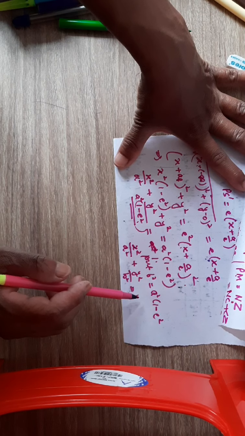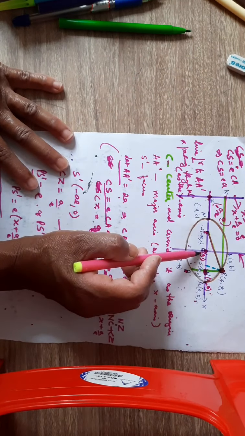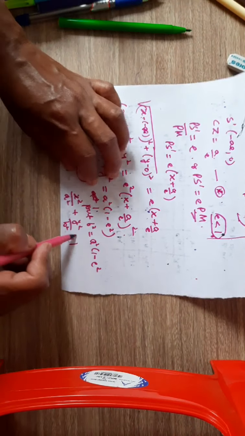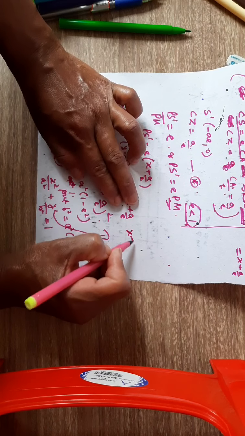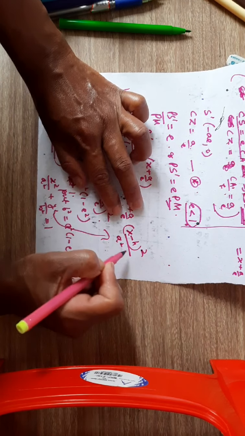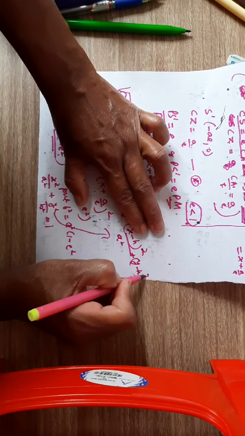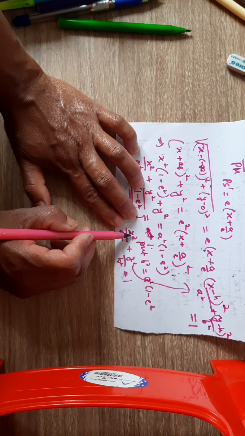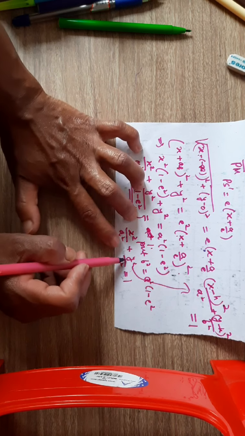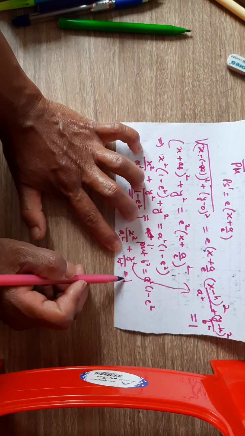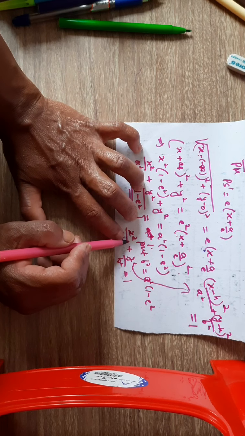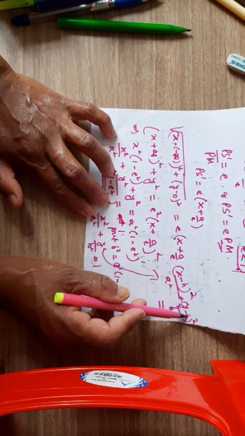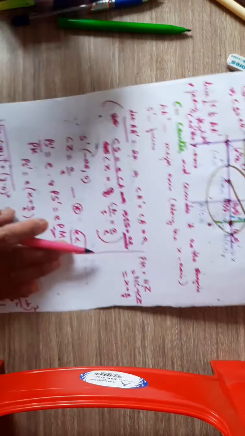Note that when the center of the ellipse is not at the point C, which is the origin, say at the point (h, k), then in that case the standard equation of the ellipse will become (x minus h) the whole square by a square plus (y minus k) the whole square by b square is equal to 1. Here, because the center is the origin, you can write it as (x minus 0) the whole square by a square plus (y minus 0) the whole square by b square is equal to 1. But if the center is not the origin (0, 0), but (h, k), then it will become (x minus h) the whole square by a square plus (y minus k) the whole square by b square.